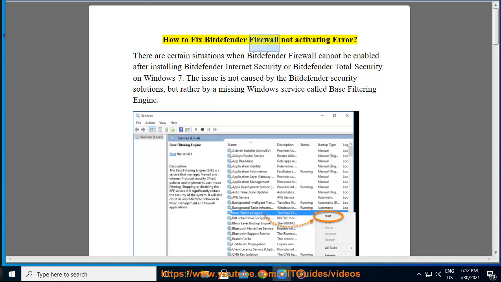How to fix Bitdefender Firewall not activating error. There are certain situations when Bitdefender Firewall cannot be enabled after installing Bitdefender Internet Security or Bitdefender Total Security on Windows 7. The issue is not caused by the Bitdefender security solutions, but rather by a missing Windows service called